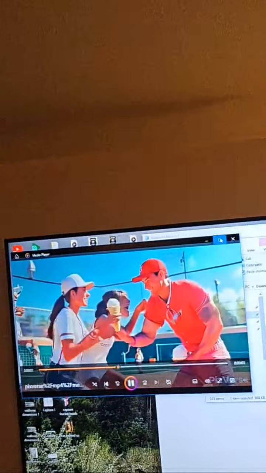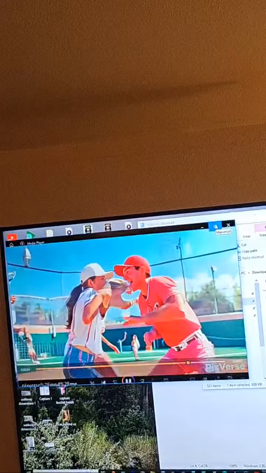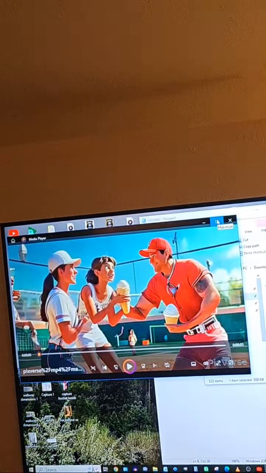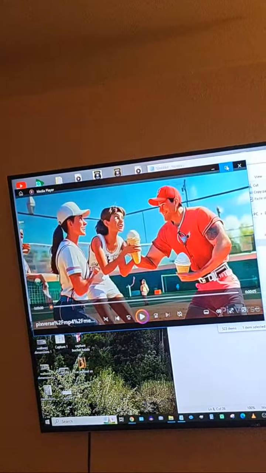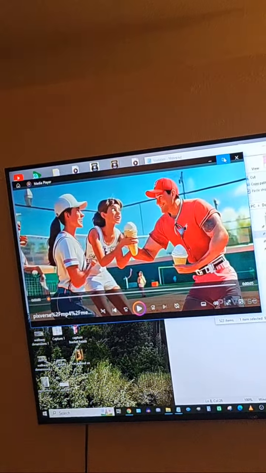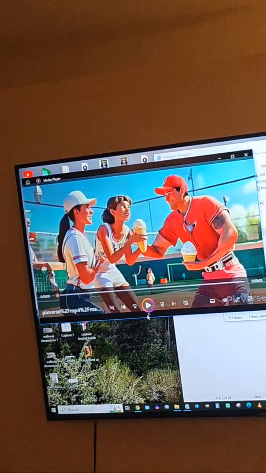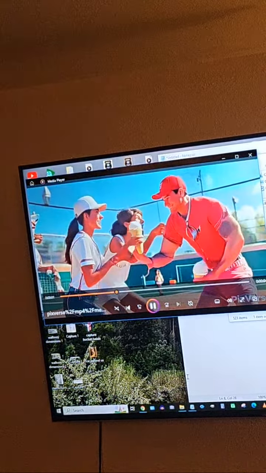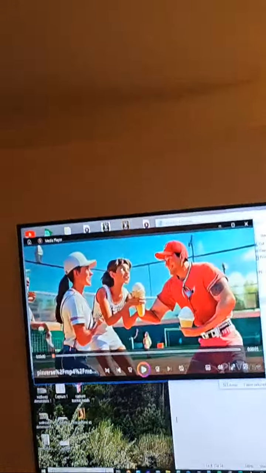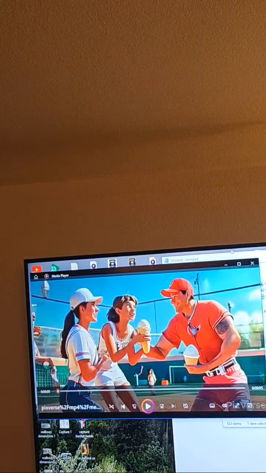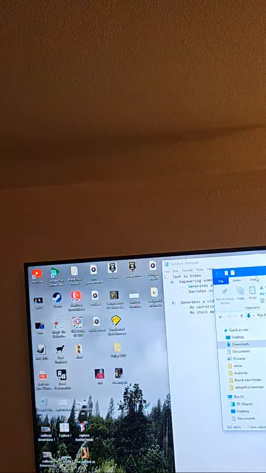And then this one I put 2 baseball players and a tennis player collide into each other with ice creams or something like that. And this is what this one made. There are other interesting things I could show you from my playing around with those, but I'm going to set that aside for the moment.